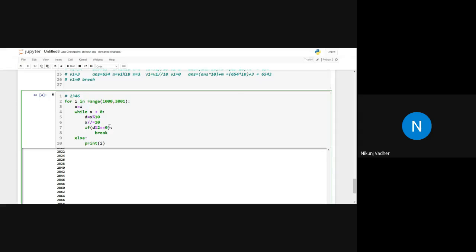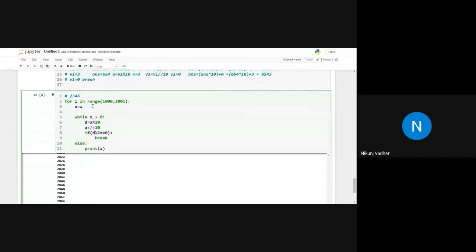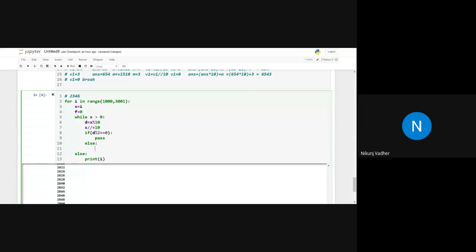Let me implement it that way also. Let's say f equals 0. If d modulo 2 double equals 0, then we will do nothing, we will simply pass. Else we will make flag equals 1.